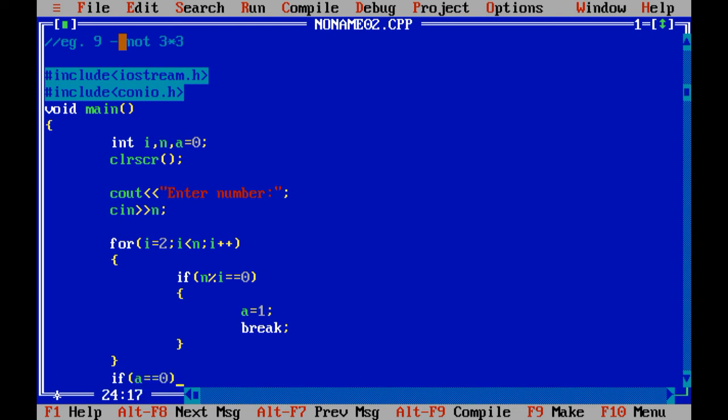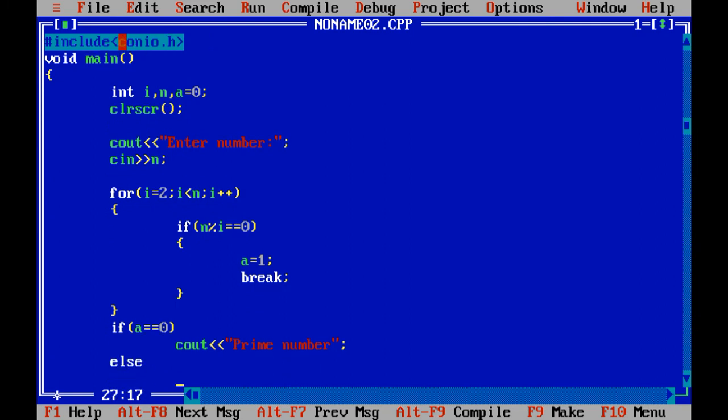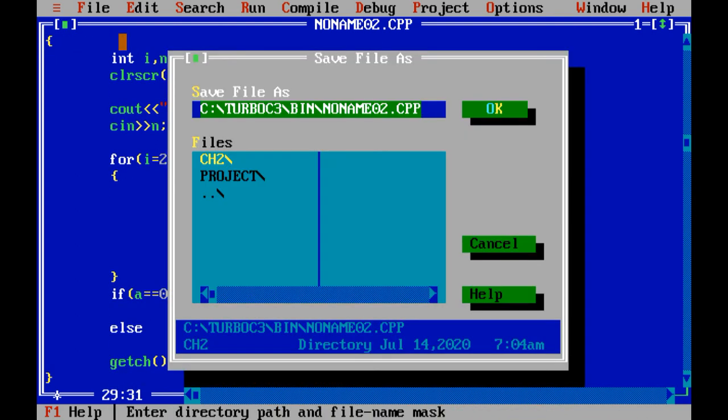If a double equals 0, cout prime number, else cout not prime number. Let me save the code.